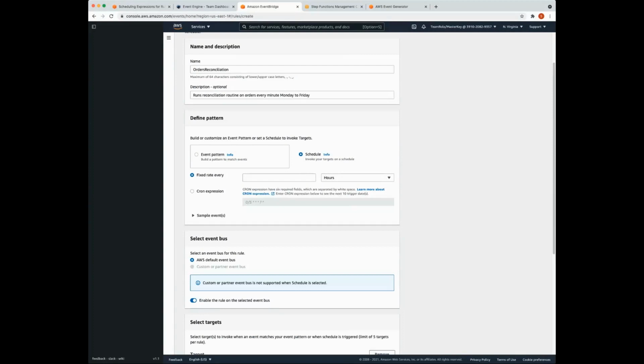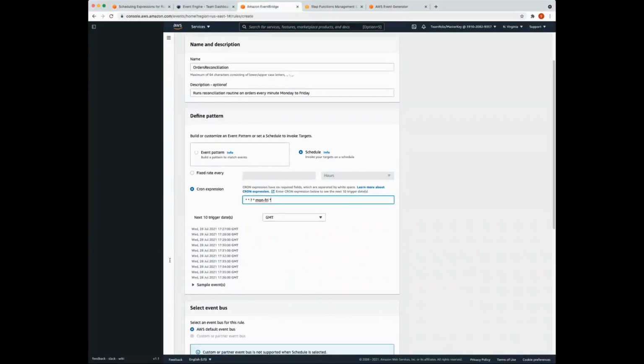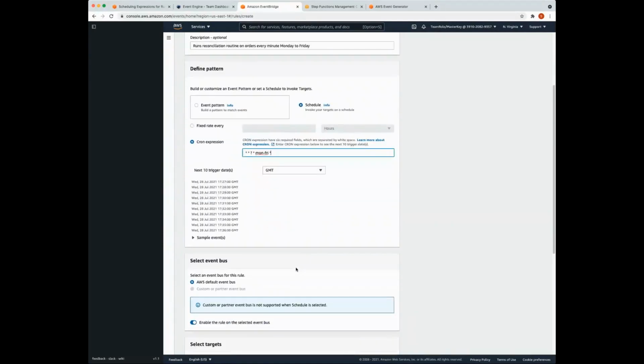And we're going to select a cron expression. So you can actually just copy and paste this from the workshop guide. Okay, so we're going to keep the AWS default event bus as default here.